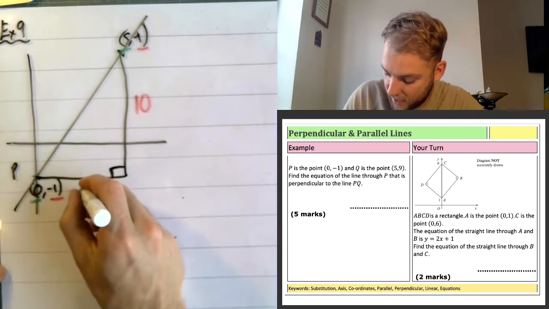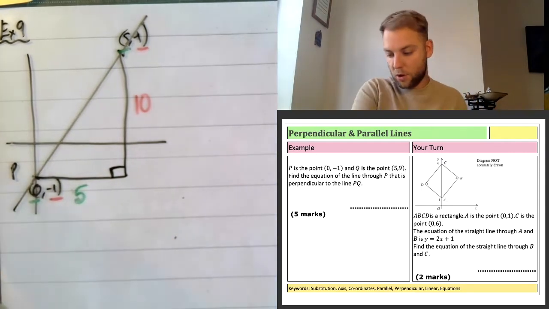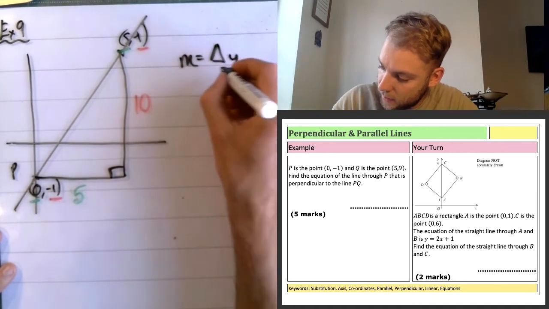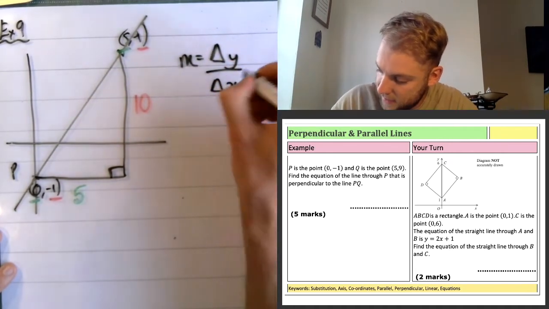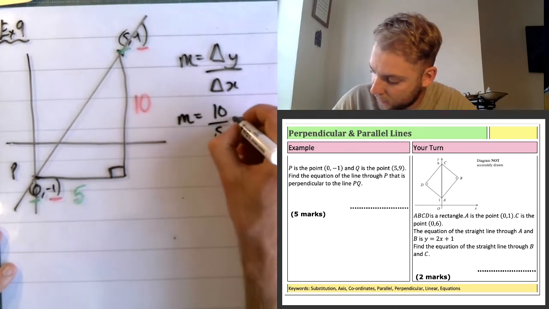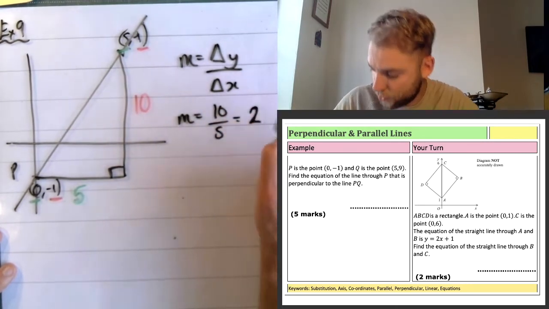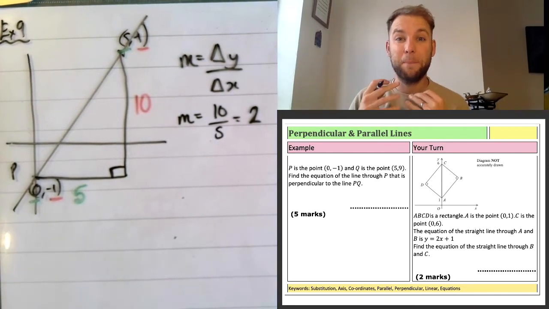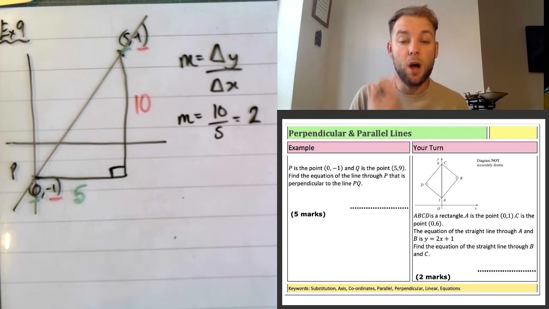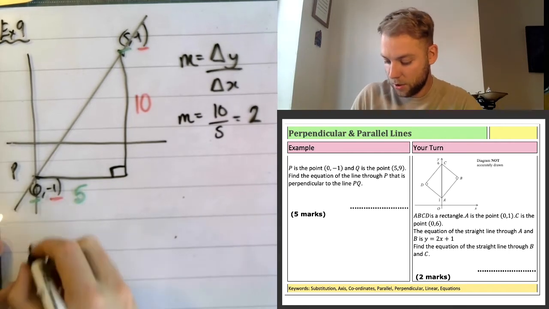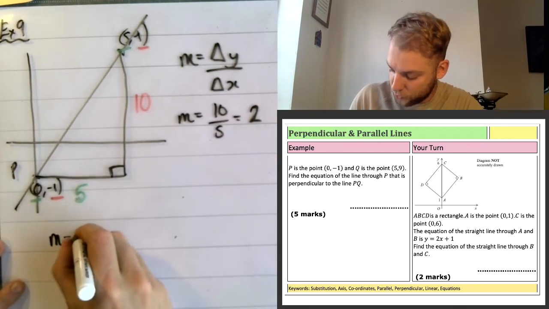Sorry, thinking ahead there. So my gradient, m, is the change in y over the change in x, which in this case, m is equal to 10 over 5, which is equal to 2. Super. Now, it doesn't say that it wants it parallel this time. It says that it wants it perpendicular. And we know that with perpendicular lines, it must be the negative reciprocal. So if m is equal to 2,